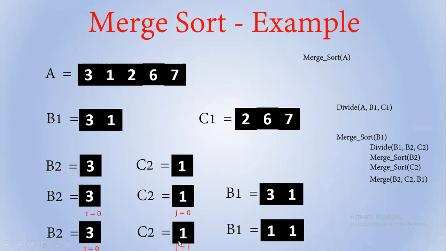Why? If you remember the algorithm, it selects the minimum of these elements and increments that value. So j is 1, i is equal to 0, so it will be this one. Now this whole array is completely finished. After that, this one will be appended to this one in the next step. So still we are at this merge operation inside this merge sort B1.